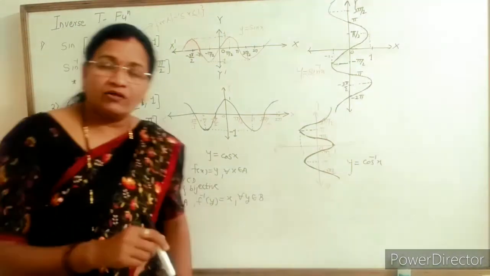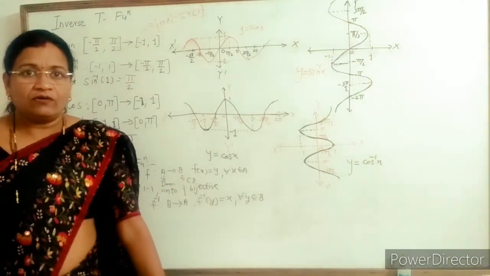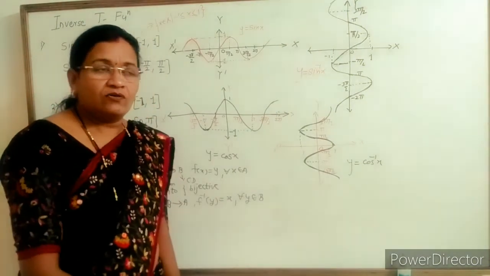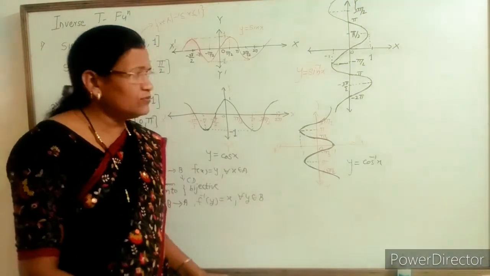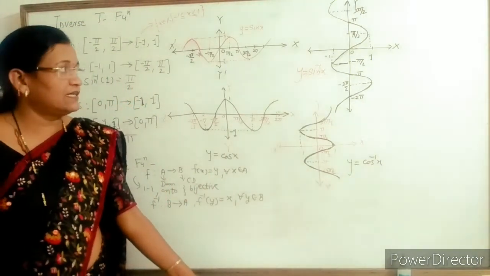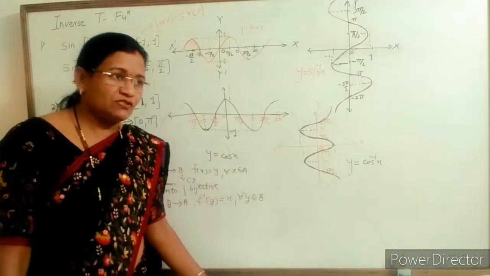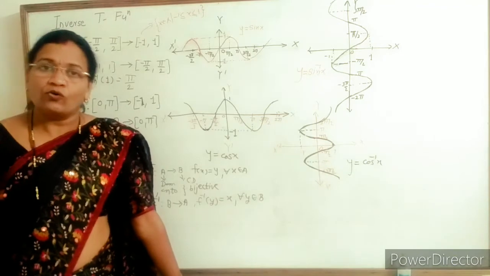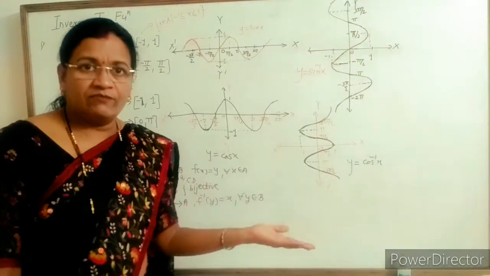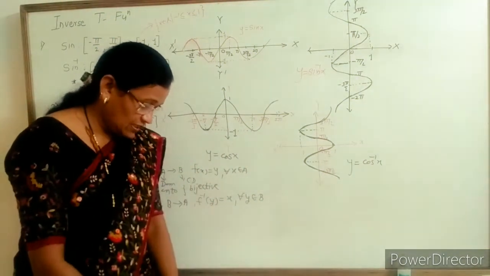In a similar manner, according to your textbook, you take the graphs of the inverse trigonometric functions for tangent, cotangent, secant and cosecant. All these graphs are already drawn in your textbook. Only you take how the nature of the circular function and its inverse function changes, and that is exactly opposite to each other. Means, in general, for an inverse function we take the change in domain and codomain